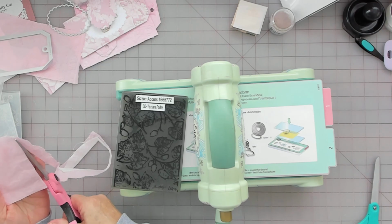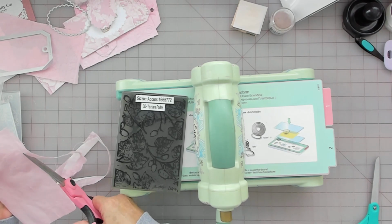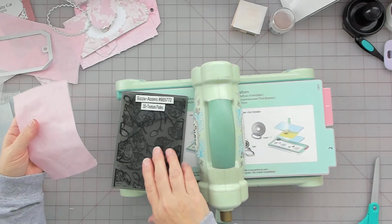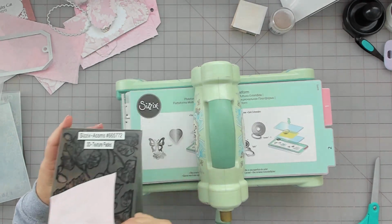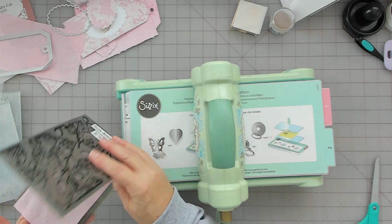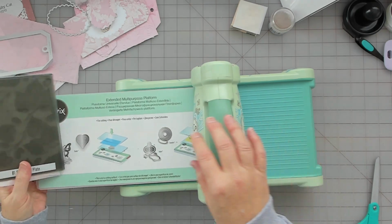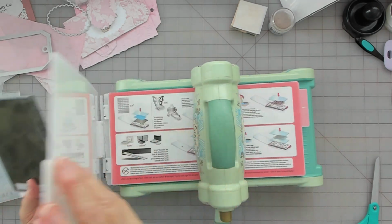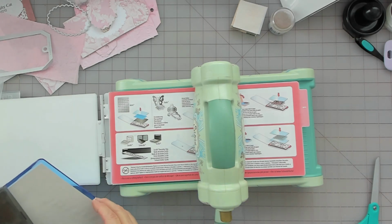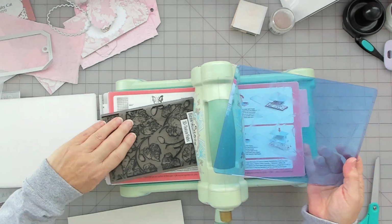So the only downside to using coffee filters is you're just limited to the size. That's why I was happy to find that roll of paper that they put on the examining tables. So let's see, number 1 shim. So I'm going to move this 2 out of the way. And top cutting plate. And I think I'm going to use this, because this is thin on coffee filter paper,